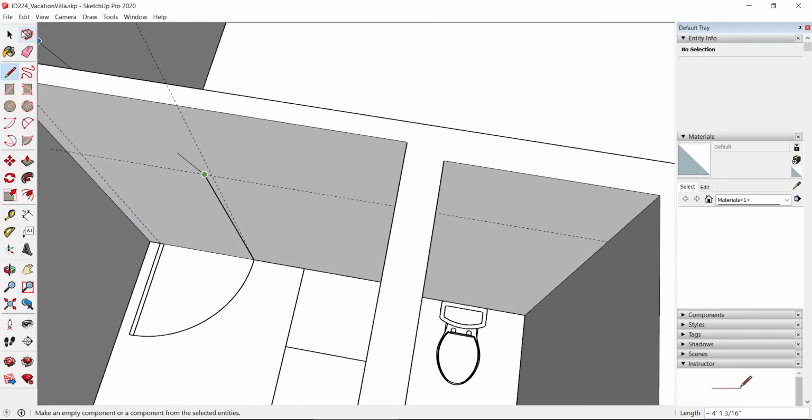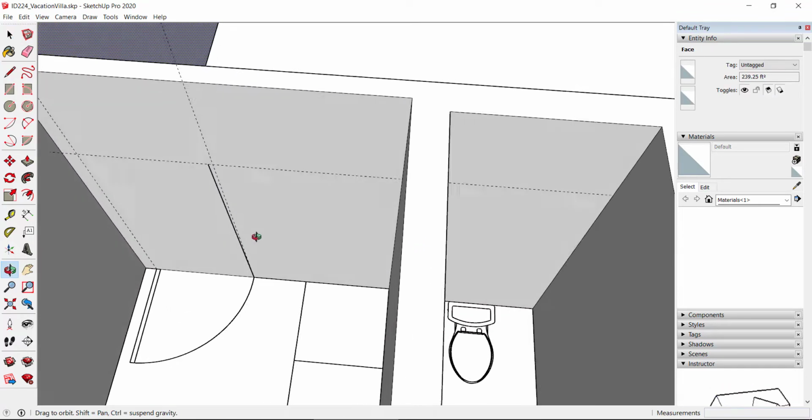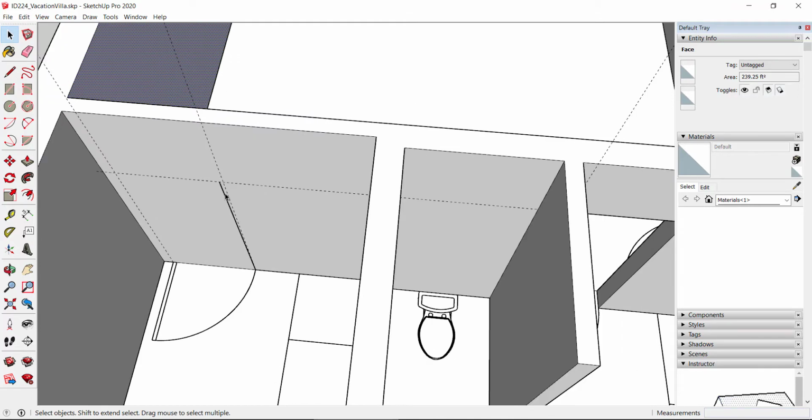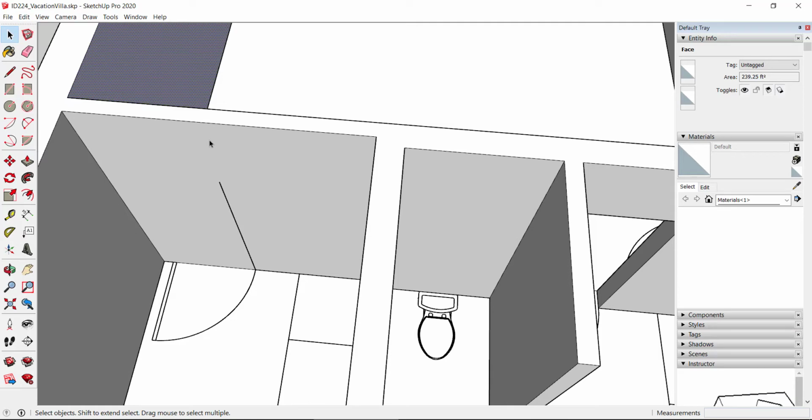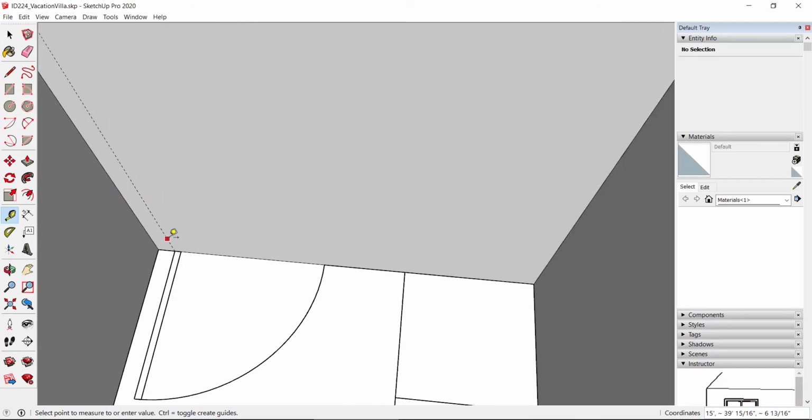So what I'm going to do is I'm actually going to delete all of the guidelines. So I'm going to go up to Edit and Delete Guides, and then I'm going to erase this line because I didn't actually draw it on the wall. So let's do this again. Measuring tape tool, drop it,